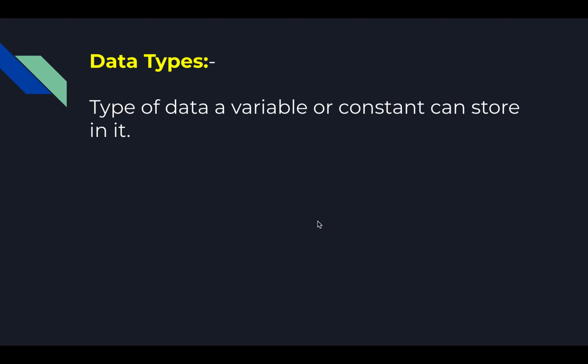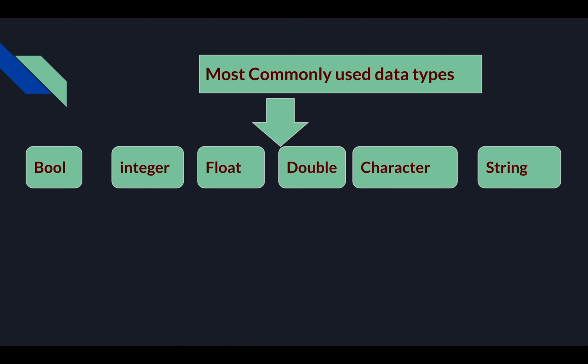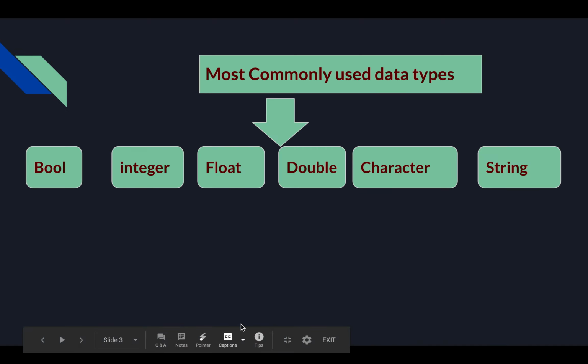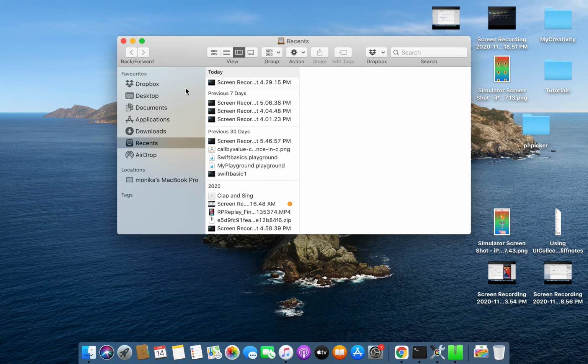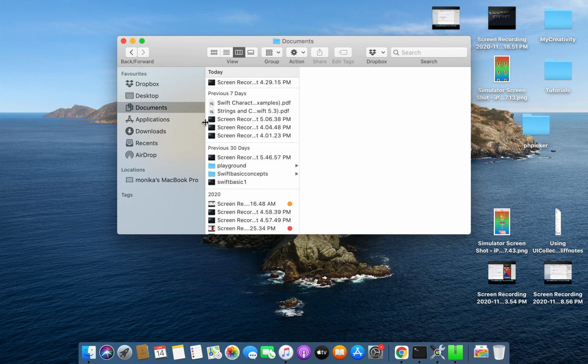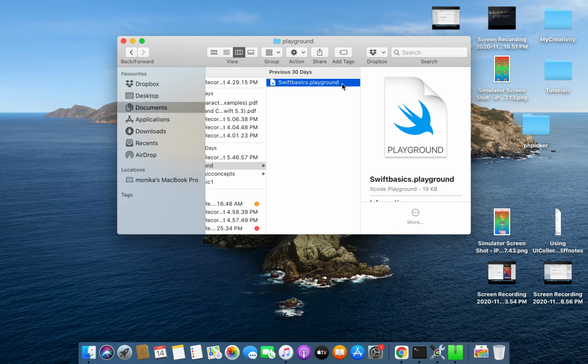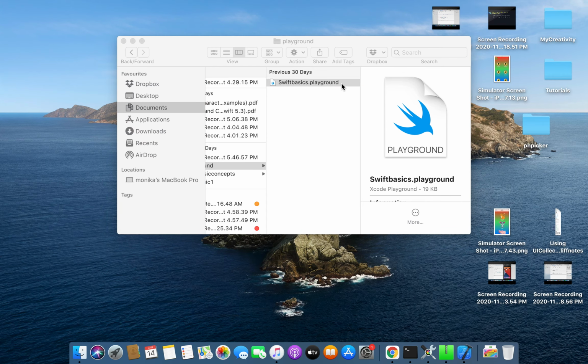First of all, let us start with the bool in our playground. Go to your playground, open the playground that you created earlier. I kept the playground inside my document folder with the name swiftbasic.playground. Double click the playground and your playground will open.